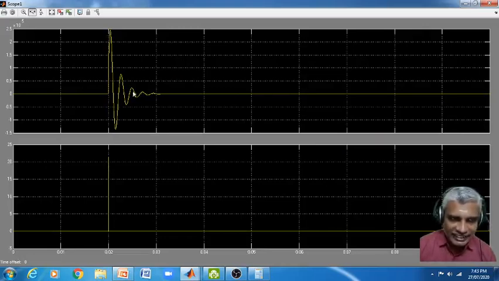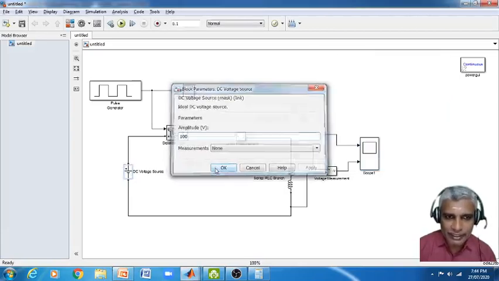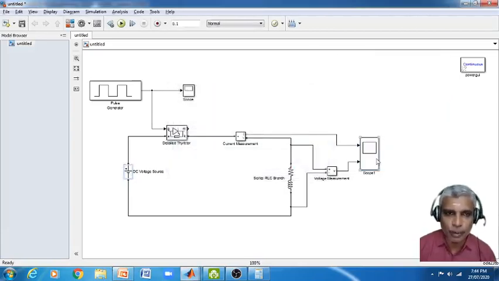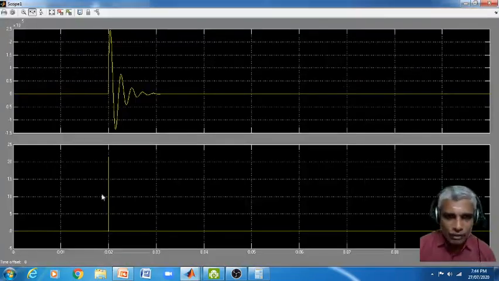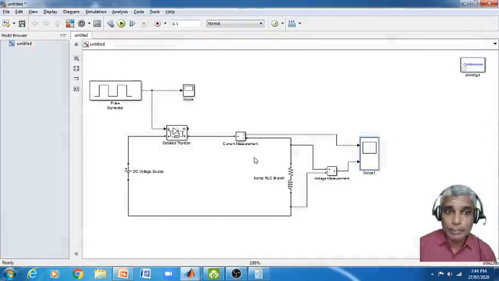So double click this and let us see. If you look, the current has risen, but again it has come down and it has become 0. Similarly, the voltage has risen and again it has come to 0. It means that initially the thyristor is trying to turn on, but it is not turned on. If it is on, the input voltage is 100, and the same input voltage should appear across the load. But now here the voltage is not 100. It has risen to some value, but again it has come to 0, which means that the thyristor is not turned on, which was the result of the same problem which we had discussed in the analytical problem sessions.